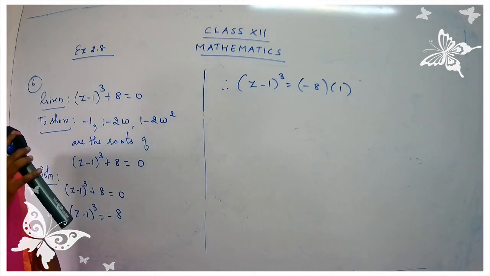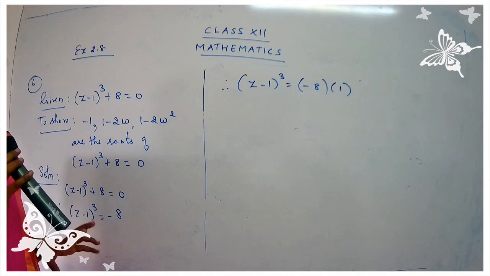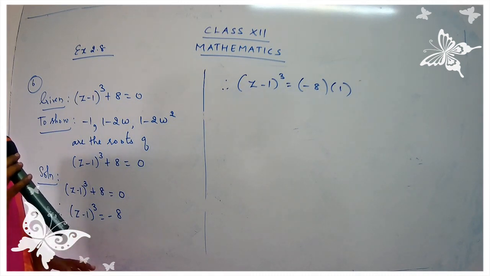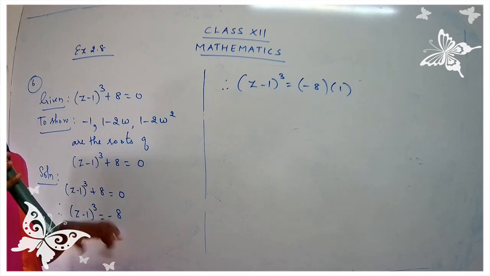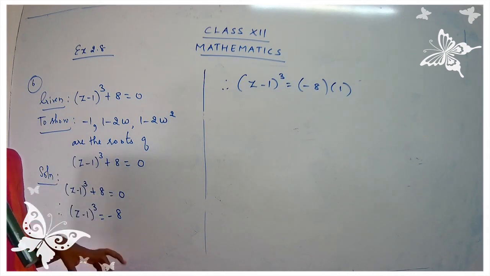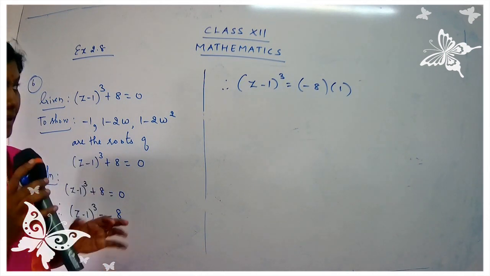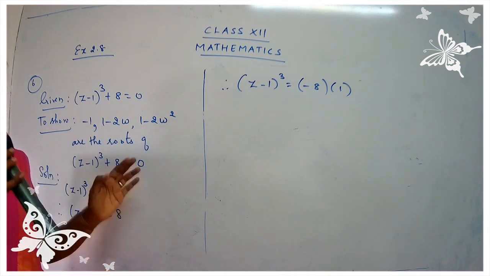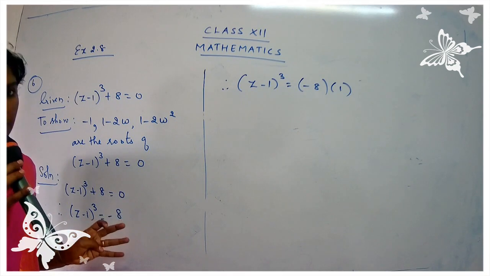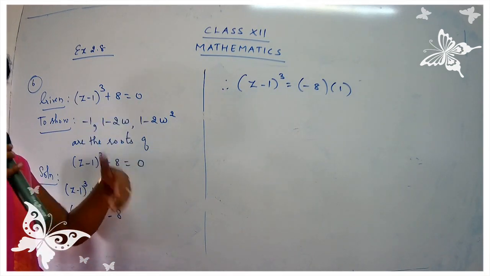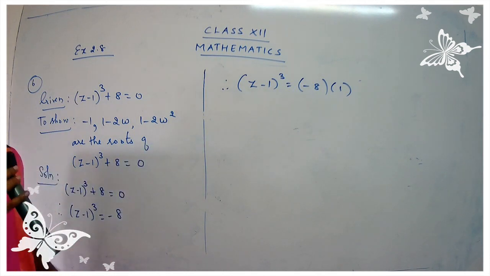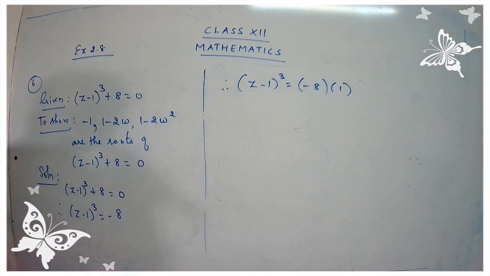That's all. Again here, you are going to, first of all, try to express minus 8 in terms of the power. That is, you're going to take the factors of 8 and you're going to express 8 in the form of a power, and later on we are going to take the cube root on both sides. Are you getting my point, children? The same steps that we have followed for our previous sum. Come on, do the step, children. Follow the step.